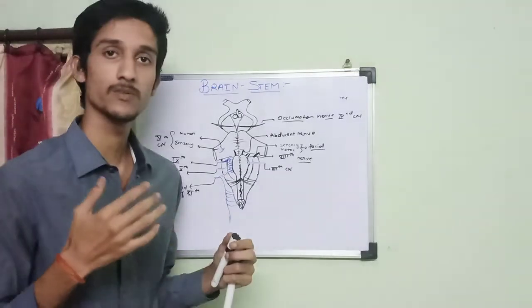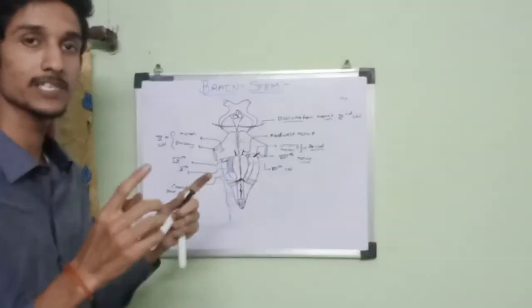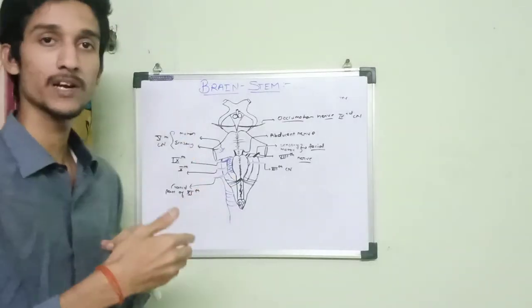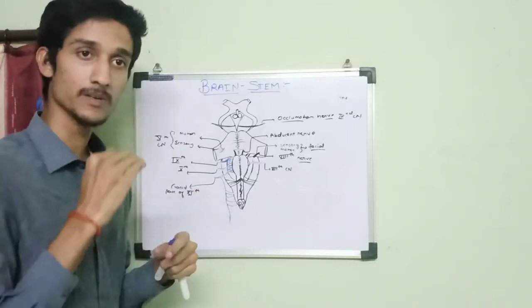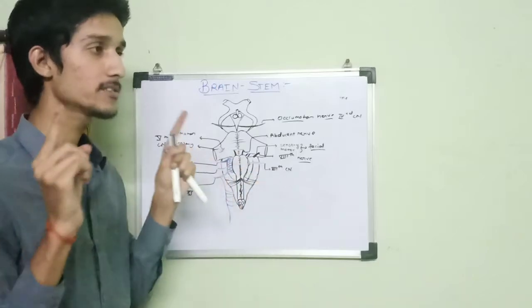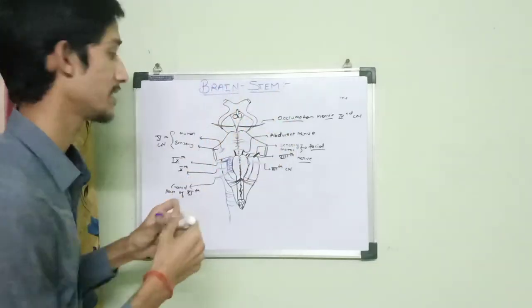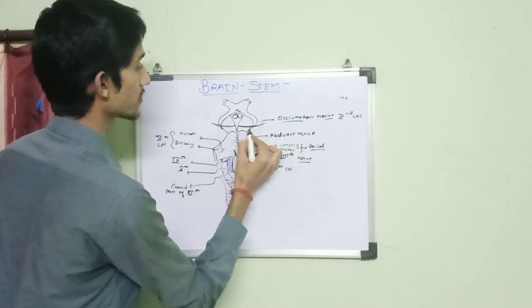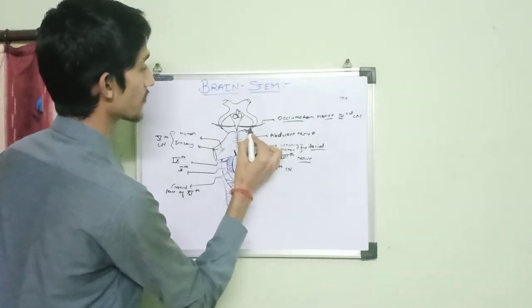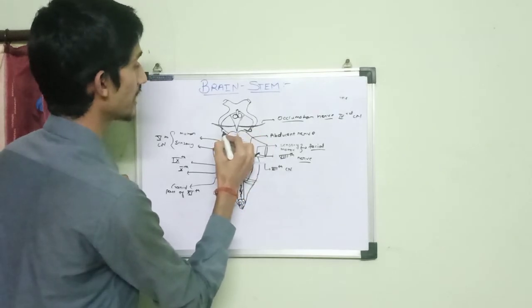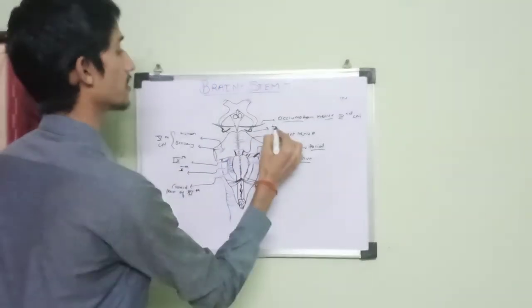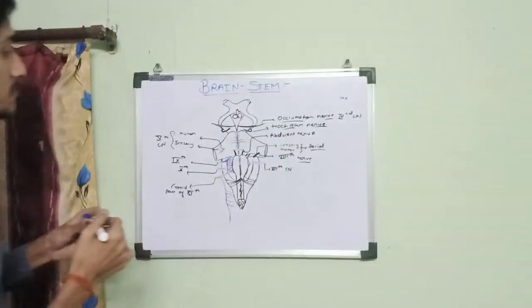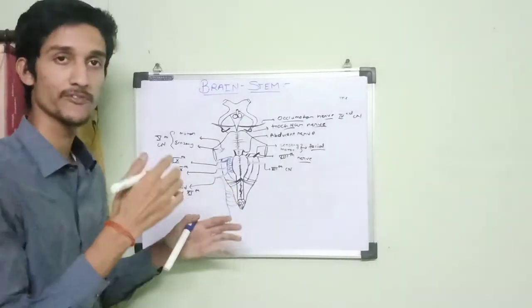Now we are left with our last nerve, that is the fourth cranial nerve. It arises from the posterior of the midbrain. Posteriorly we have two structures, the superior colliculus and the inferior colliculus. The trochlear nerve arises lower to the inferior colliculus, then it winds around the midbrain and comes ventral. So here we have the fourth cranial nerve arising posteriorly and coming ventrally. This is our trochlear nerve. So these are the exact origins of the cranial nerves in different parts of the brainstem.